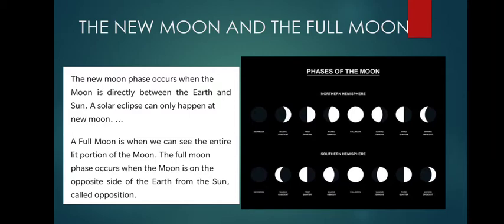For you to understand, see, the northern hemisphere and southern hemisphere, they get light, they don't get light together. When days are longer and it is summer season, days are longer, nights are shorter. So see, even the phases of the moon are also different. In the northern hemisphere the phases of the moon are different, and in the southern hemisphere the phases of the moon are different. This is just to give you an idea.